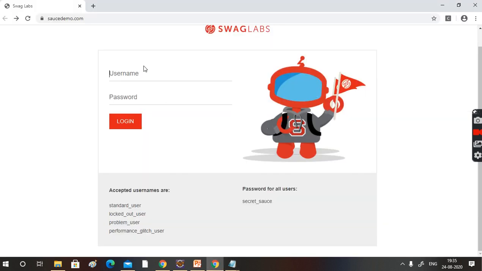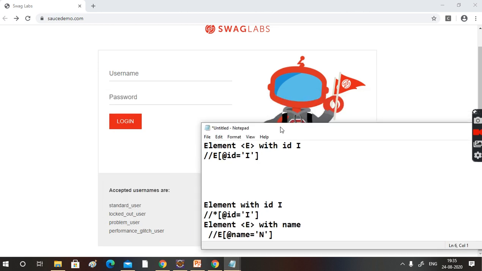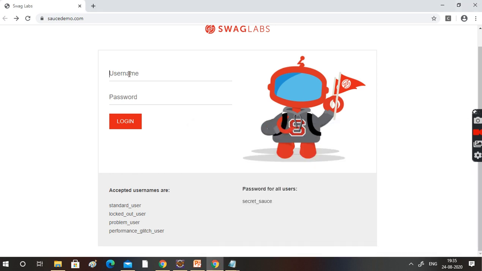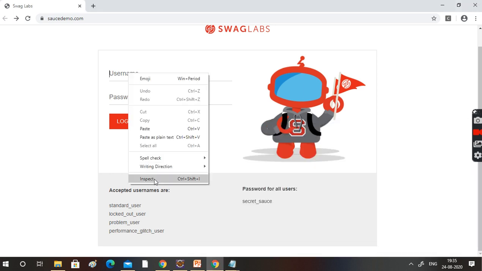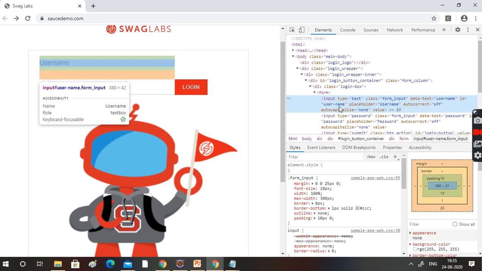Now we are going to identify this username using the first technique. What is the first technique saying actually? Element E with ID I. Element E means it's a tag with ID I. So we'll go here, right click this one and inspect.